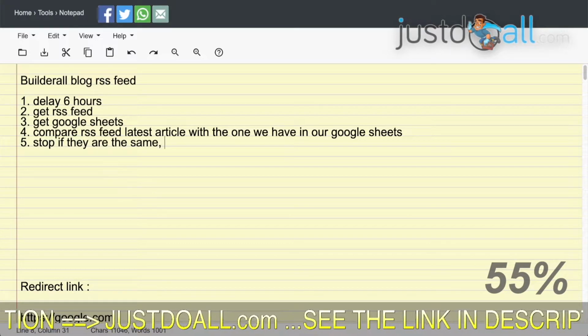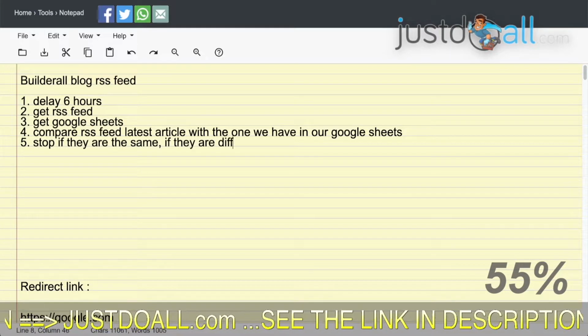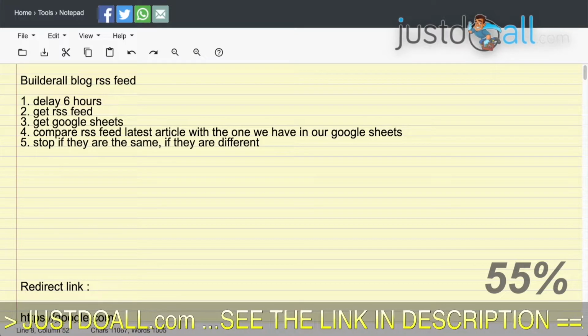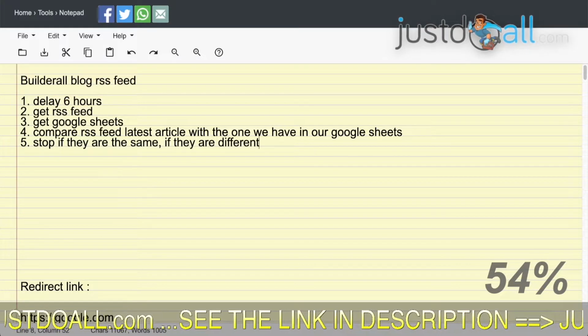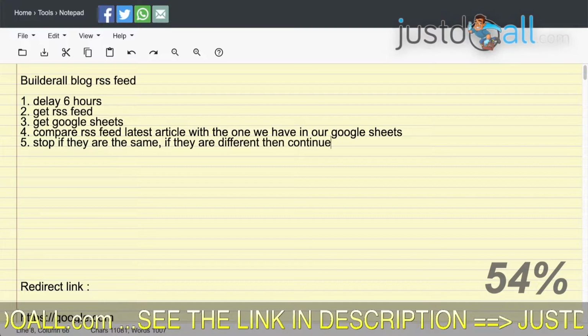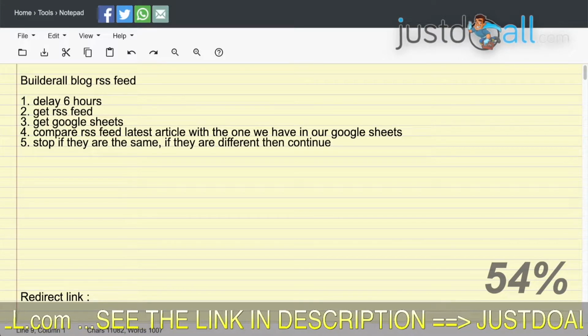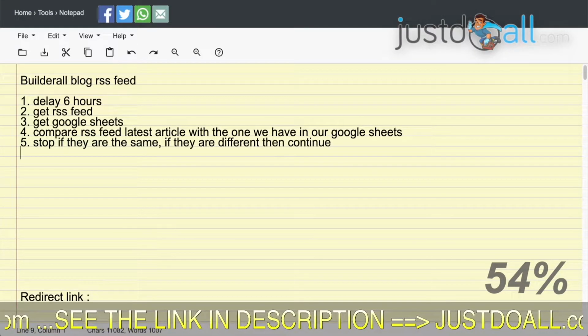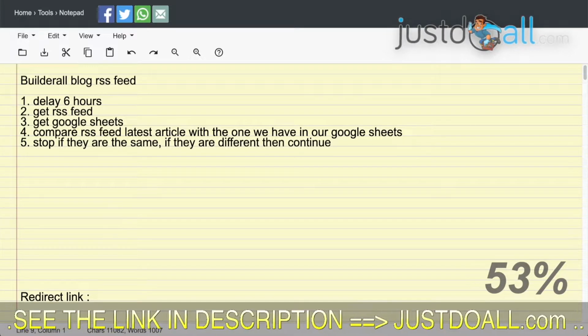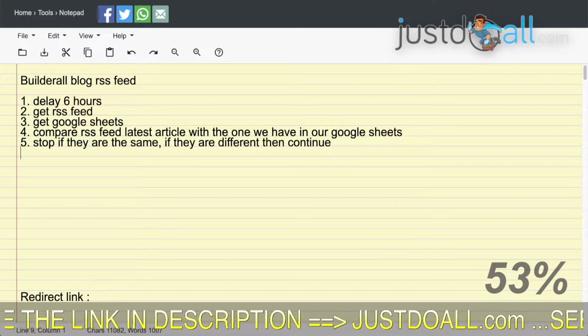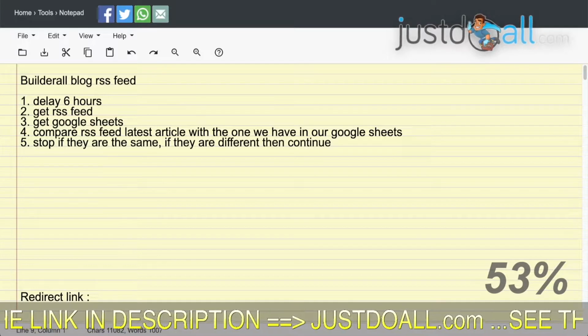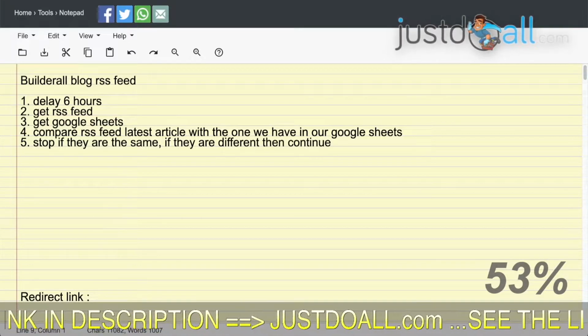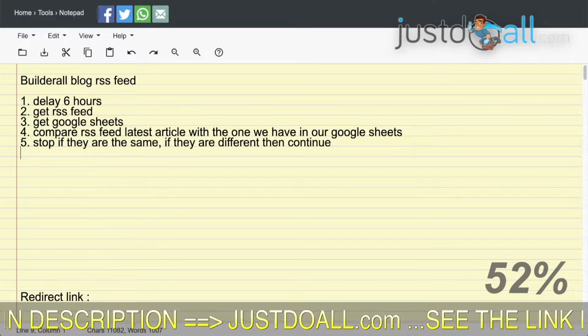If they are different, it means there is a new article in the RSS feed. Then continue. So at the fifth step, we just check every 6 hours if there is a new article in the RSS feed. To do that, we compare it with what we previously had written on our Google Sheet.